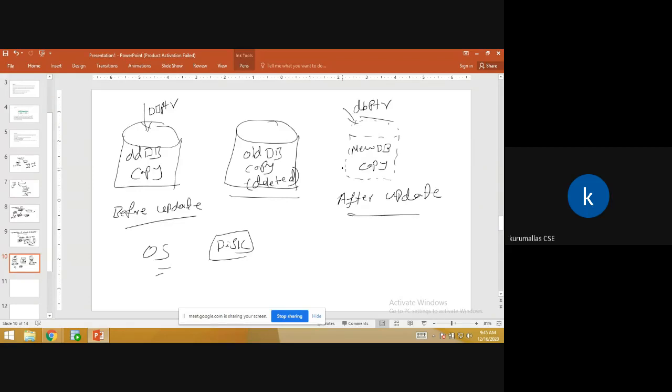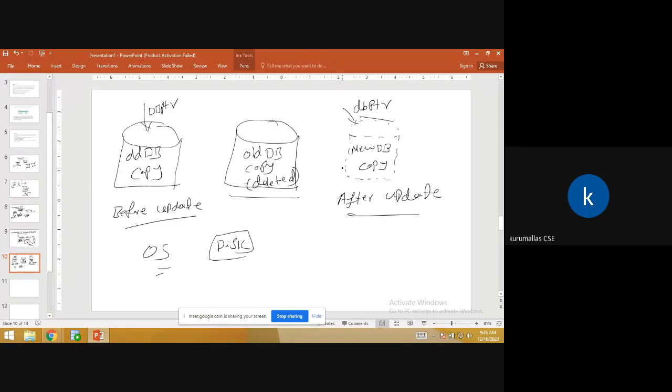Then commit. When you commit, you transfer the database system's data pointer from the old database to the new database, and then everything is committed. Then you delete the old database, so we have to keep an updated new database copy. This is about the shadow copy technique. If you maintain it, the database system automatically ensures atomicity and durability inside the database.